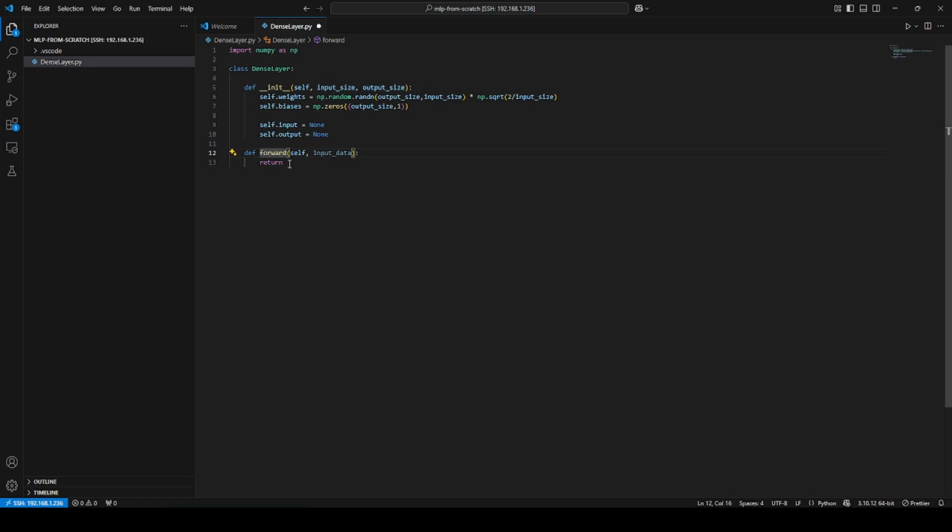And just for reference, forward is when we're working through the neural network forward and we're making calculations in an attempt to guess. We're going to go through each node and each layer forward from the input working towards the output. But now we have backward, and what backward is, what we call backpropagation, and that is after we've made